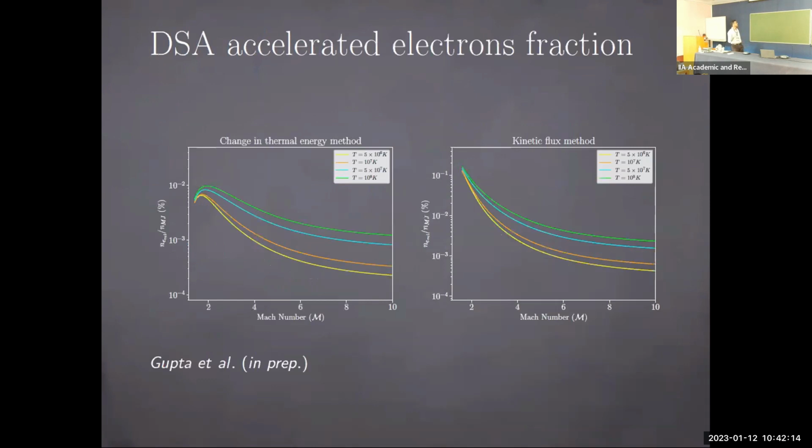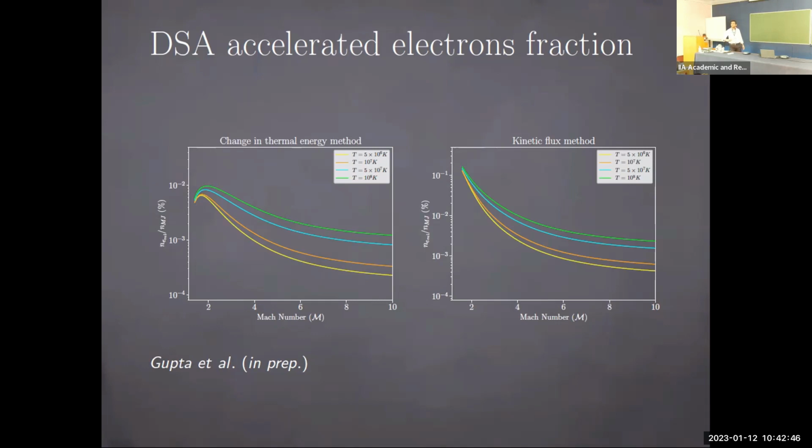So with this, we actually compute the fraction of relativistic electrons that go to the relativistic region, following both methods. One, the change in thermal energy, and another one from the kinetic energy flux. So we got that. Okay, so this is the fraction of relativistic electrons. And in the x-axis, we plot